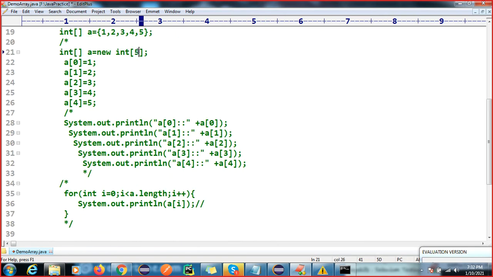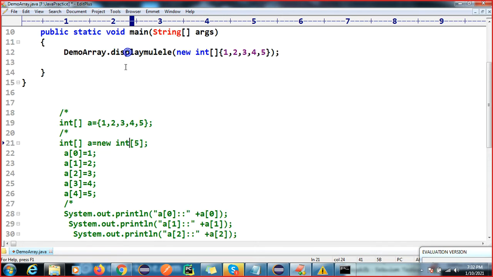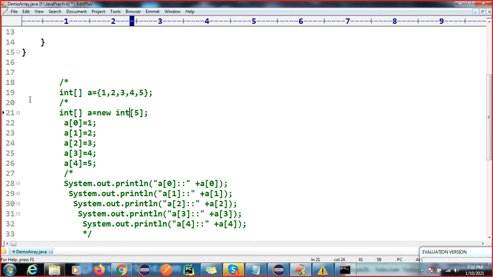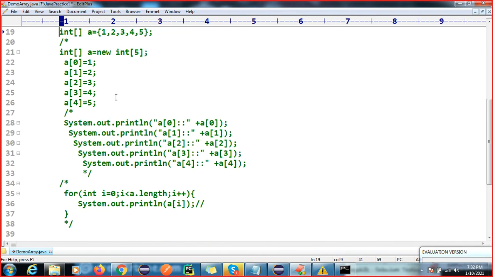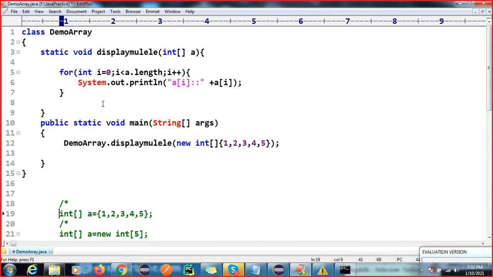One is the simple way. I have explained it to you so that you are able to understand how this array actually works. If I tell you this directly, then you are not able to understand internally how the value will be stored. So these two things I have shown you, and this is the best practice. If you are writing any logical coding, try to create one method, and this method can be used anywhere. Understood, right? So here we have created one static method, and we have passed this parameter.